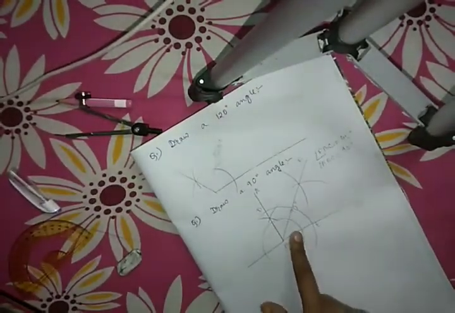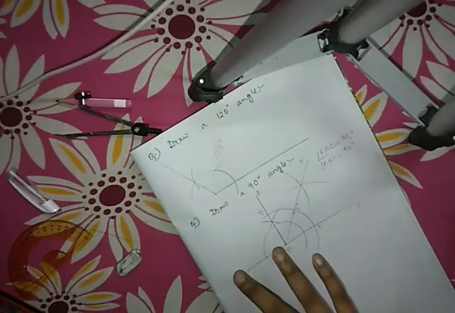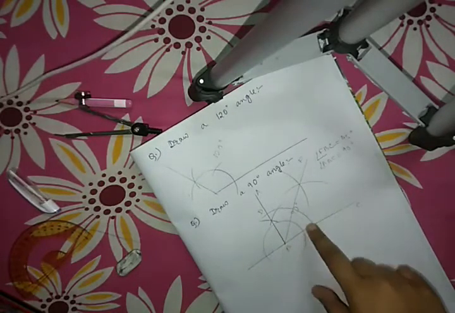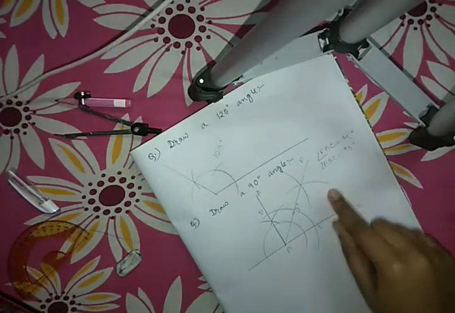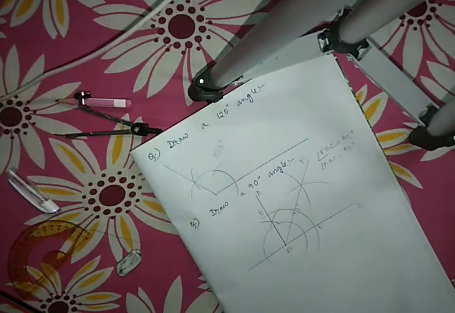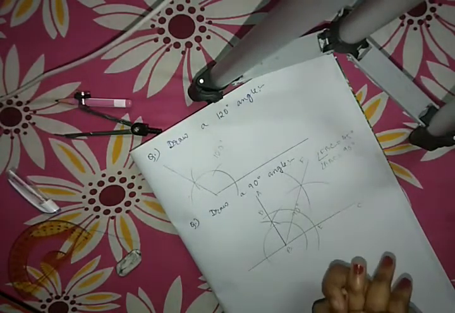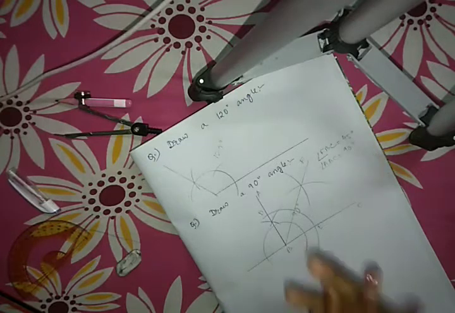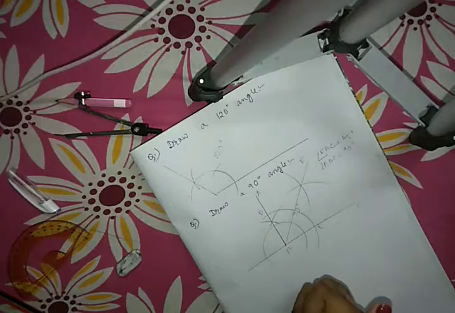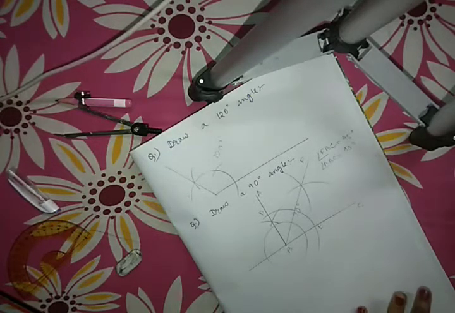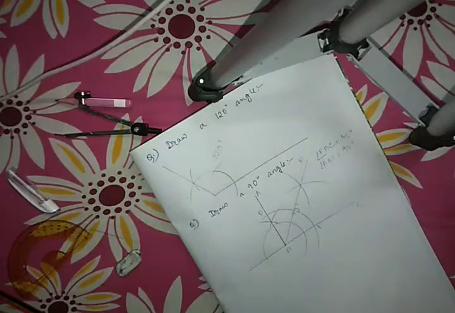Next one is question number 6. Draw an angle 45 degree and bisect it. I have told you how to draw 45 degree angle and then bisect it, means the process which I have told you in the previous one, just this is another angle of 45 degree, bisect it in the same process. Okay, so these are the sums only: drawing angles, bisection of angles, copying angles, and to draw another angles by copying one angle. This is all the maths in this exercise. I hope you understood the processes. If you have any confusion, then you can call me anytime.